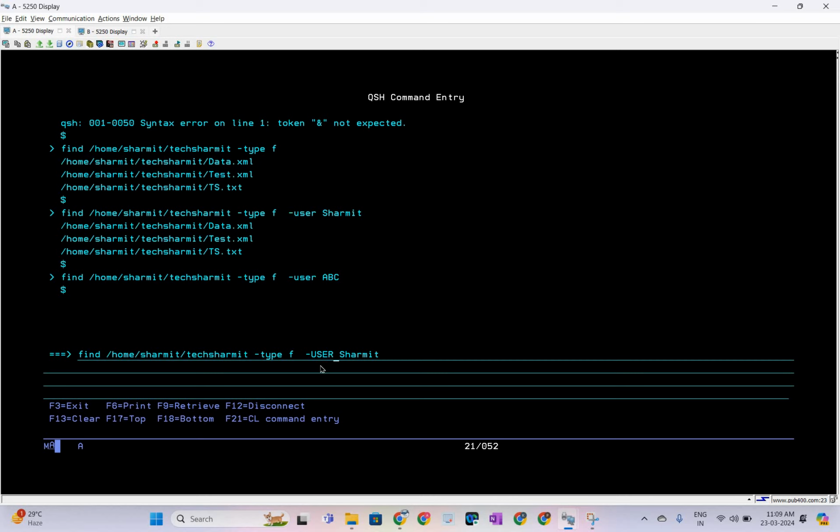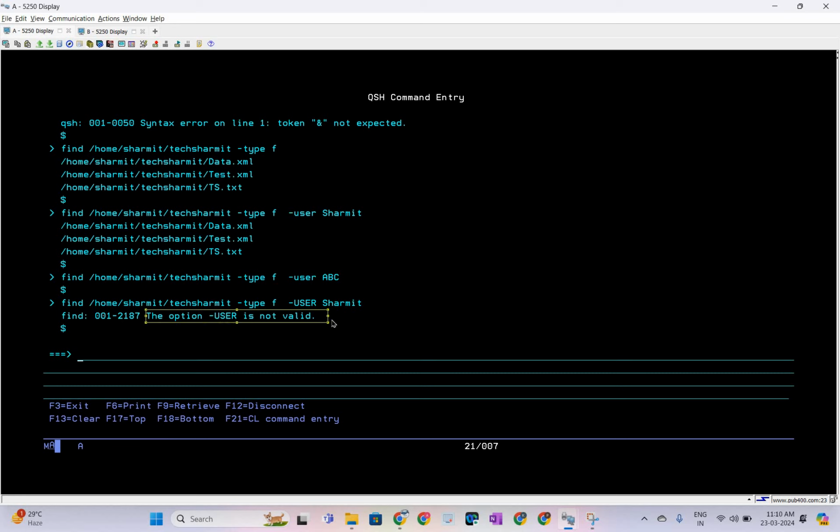As we have discussed in a previous session also, when you change the option to capital user, it will give you an error because it is an invalid option. The option hyphen capital user is not valid, and that's the reason we are getting this error. So always make sure that whenever you execute a command, you put it in the correct manner, in the correct case, otherwise it will give you an error. Okay,